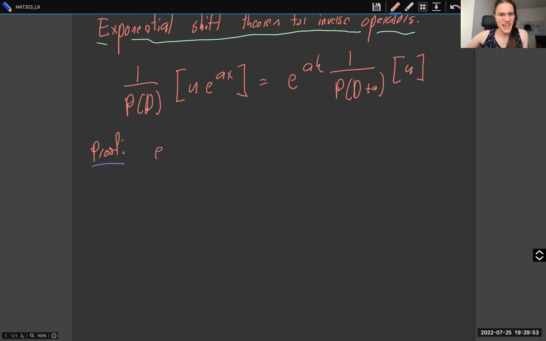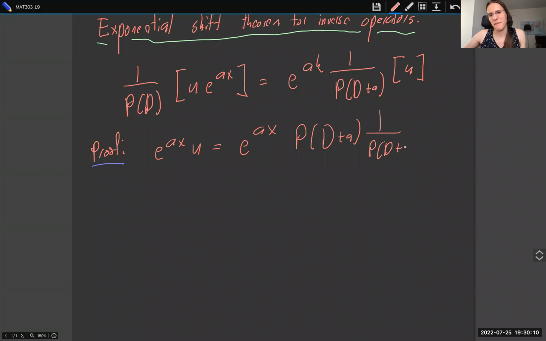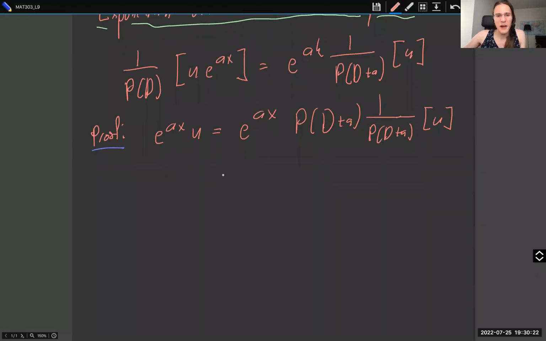So e to the ax u is also equal to e to the ax. And then we can say p of D plus a to the 1 over p of D plus a applied to u. And this is by the definition of an inverse operator. If we apply the inverse and then we apply the differential operator, it should give us a solution. But then the exponential shift theorem applies to this outer one because we already know how that works. So that's equal to P of D